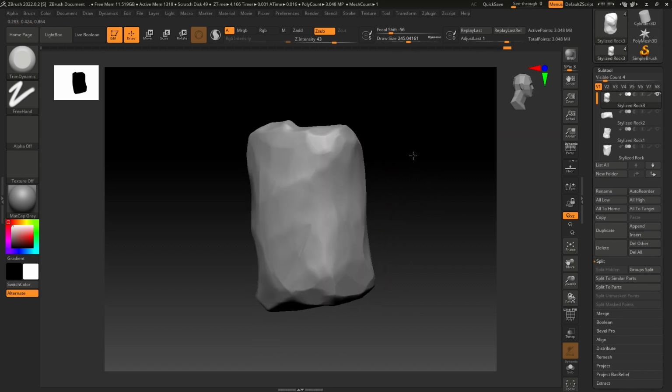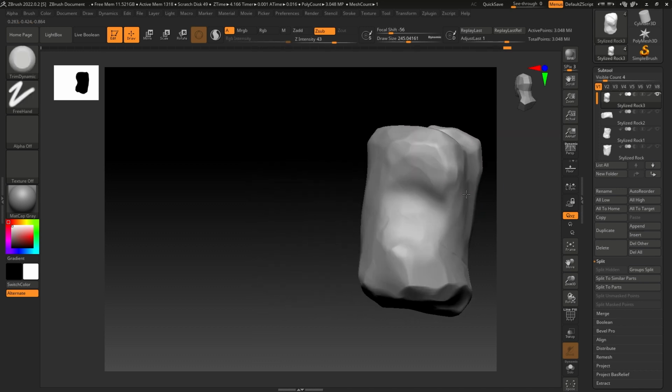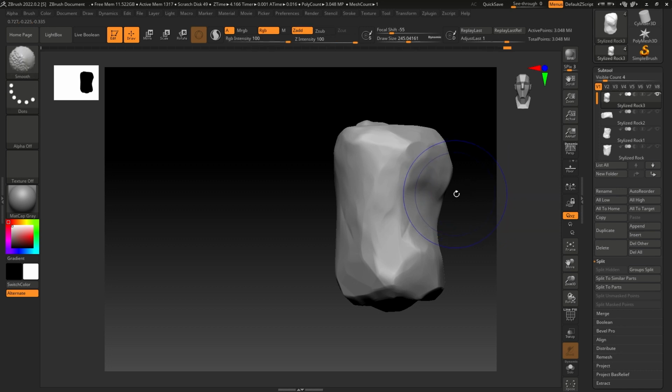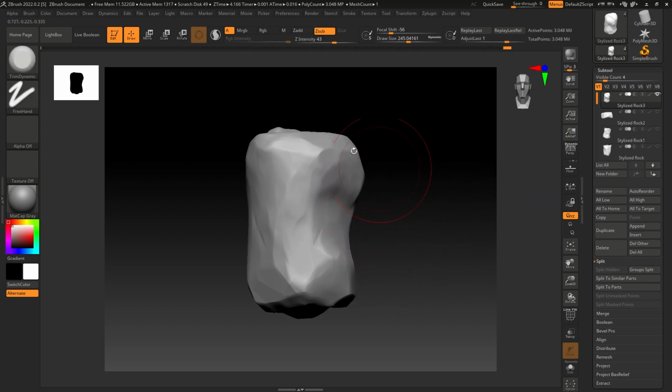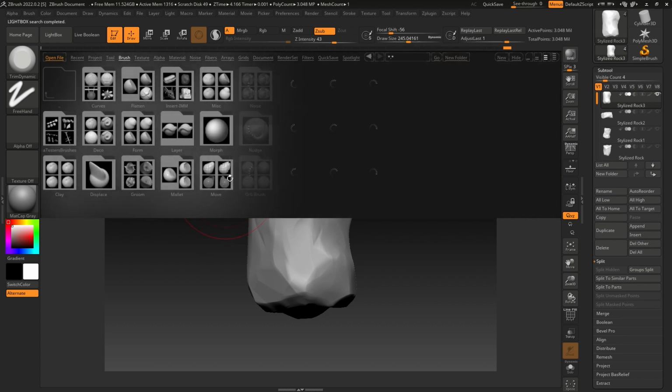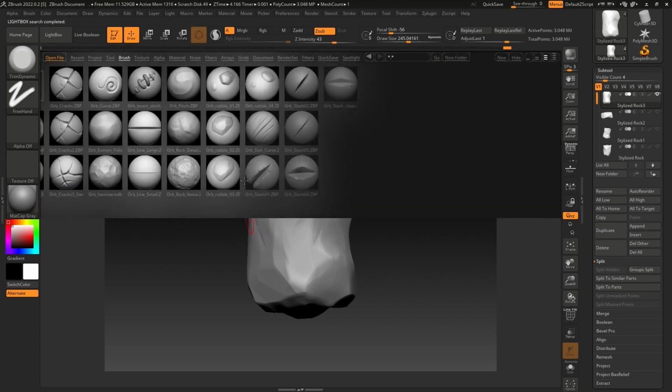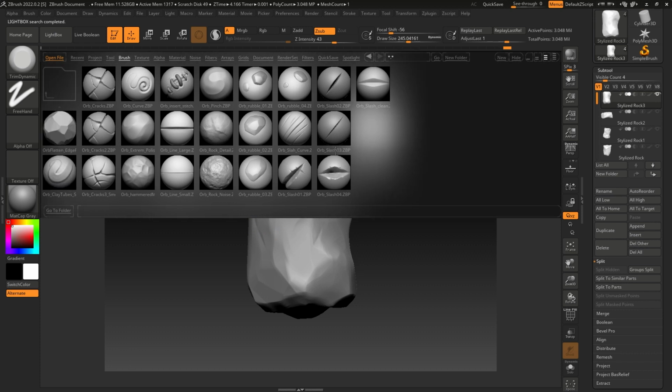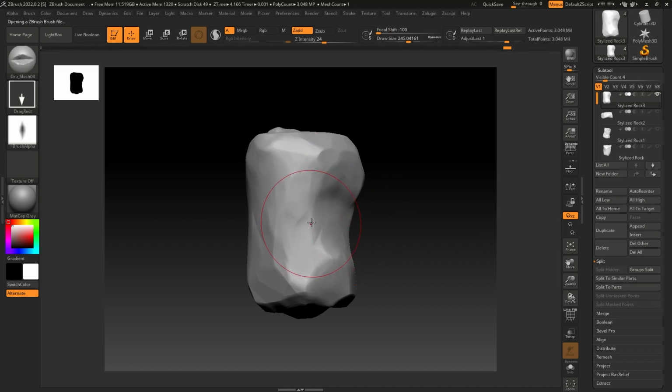So now what we are going to do is go in our brushes. So go to LightBox, and in the brush we are going to select this orb brush, and let's take this orb slash, and make sure your stroke is set to drag rectangle. Just add one here